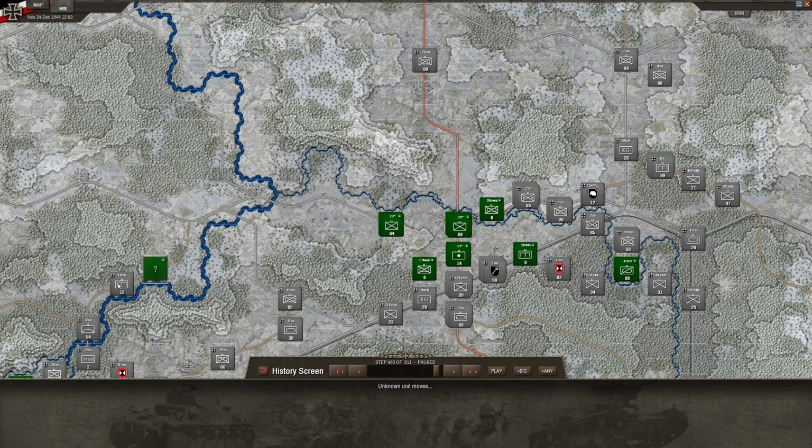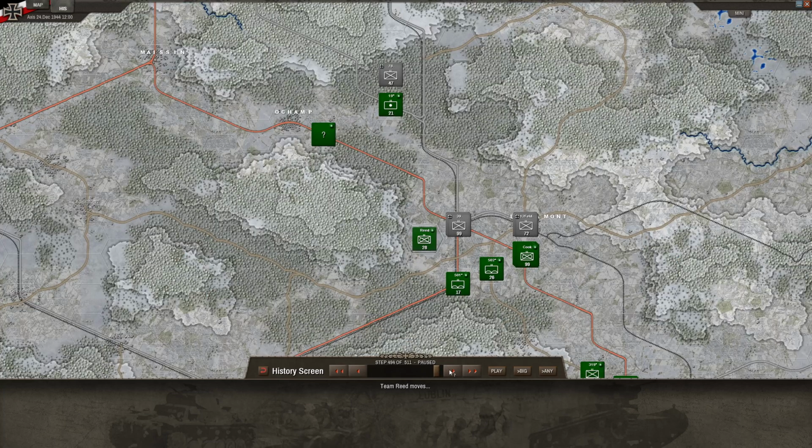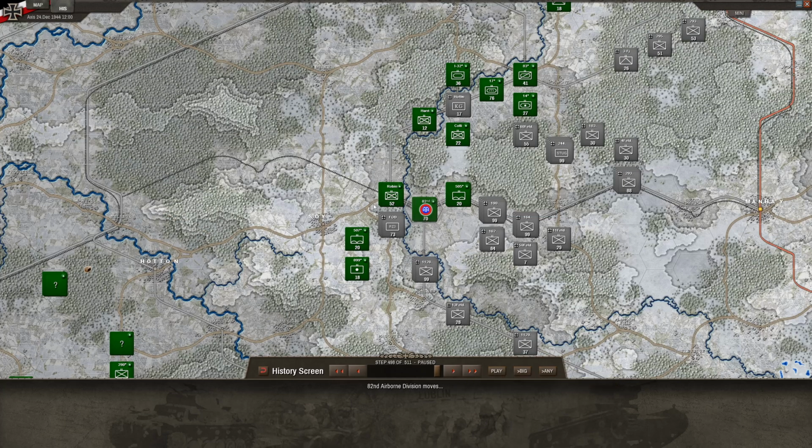Maybe moving in here. That is the city right there, so that's it. We have Team Reed moving quite close to Libramont over here, moving up north, realizing that there is one unit here. There could be more units, maybe. So he's trying to protect, I think, the supply lines. We have 82nd Airborne Division